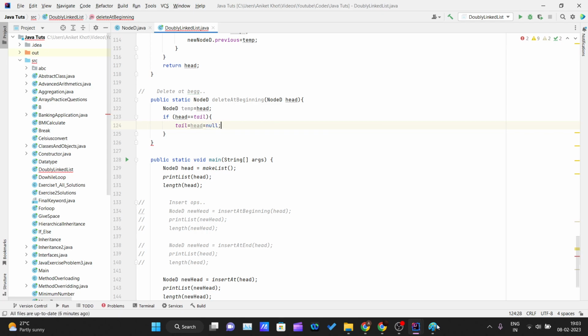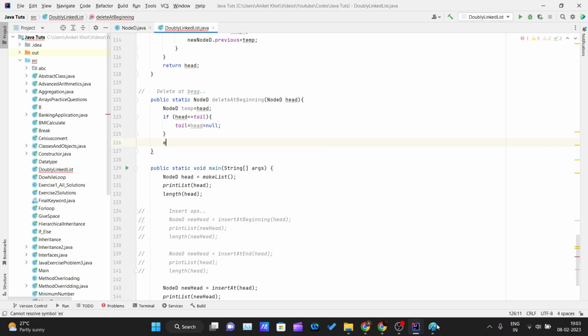That means tail and head will both point towards null. We no more have access to that node, so that node will get deleted and the entire list will become empty. Okay, if that is not the case,